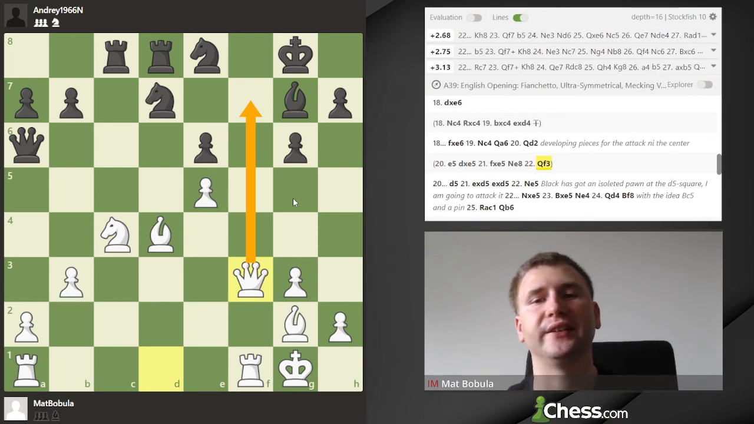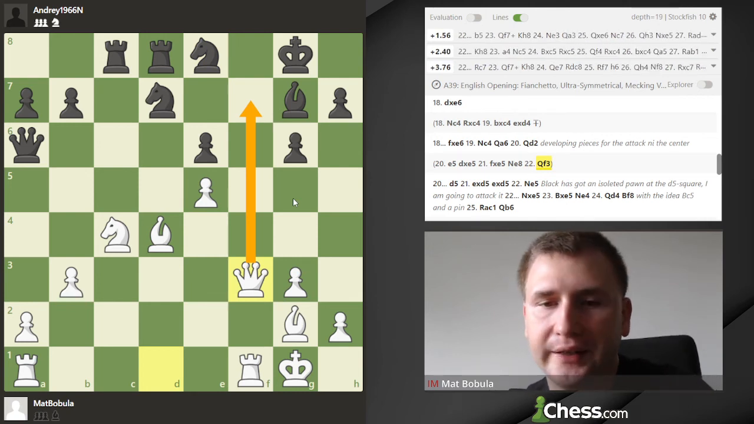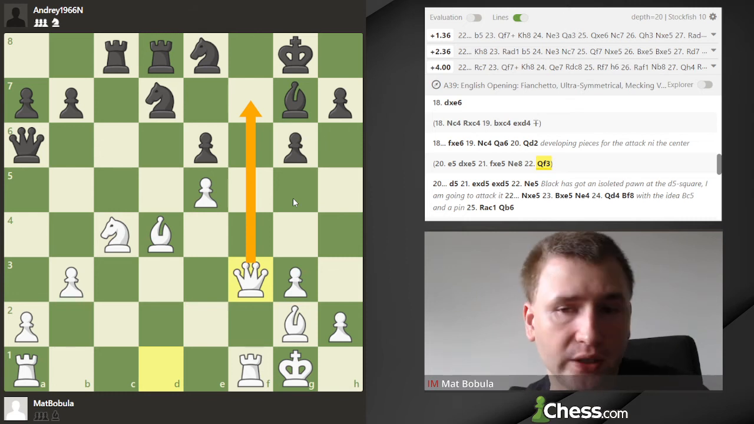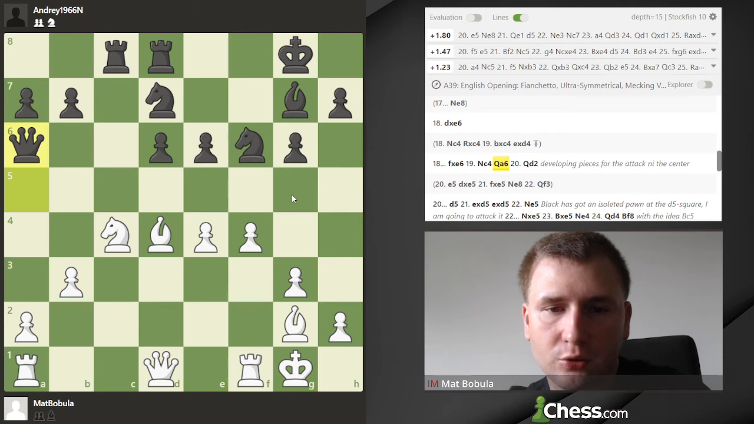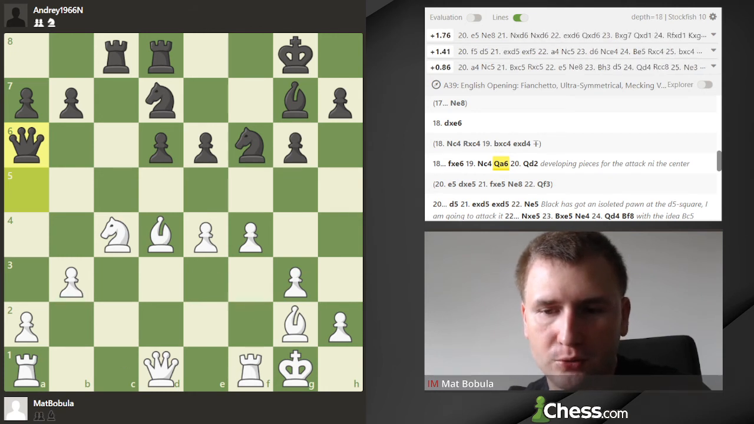And white gets a very strong attack on the f file. Okay, I completely missed that idea that I can go e5 pretty quickly and I can start the attack on the f file. Okay, so instead of developing pieces, actually queen d2 was probably too safe, right? I should have attacked